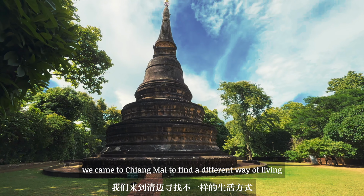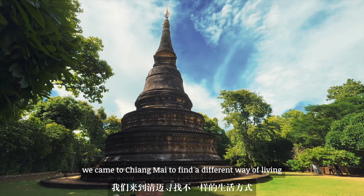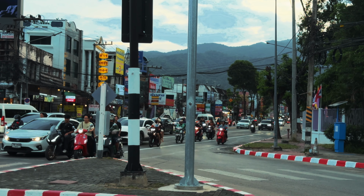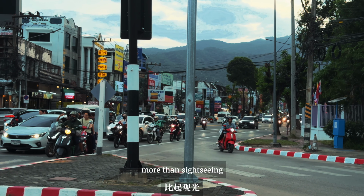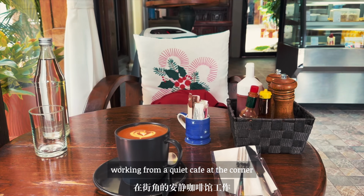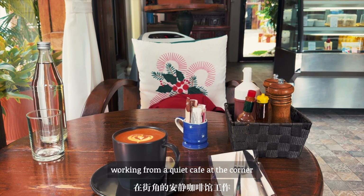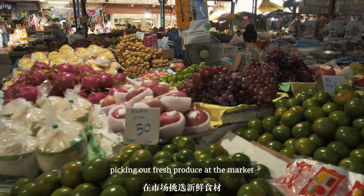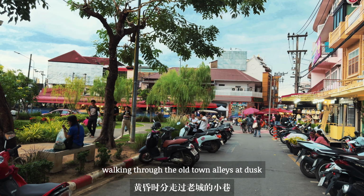We came to Chiang Mai to find a different way of living. Slow, intentional, and in between. More than sightseeing, we want to experience the everyday. Working from a quiet cafe at the corner, picking out fresh produce at the market, walking through the old town